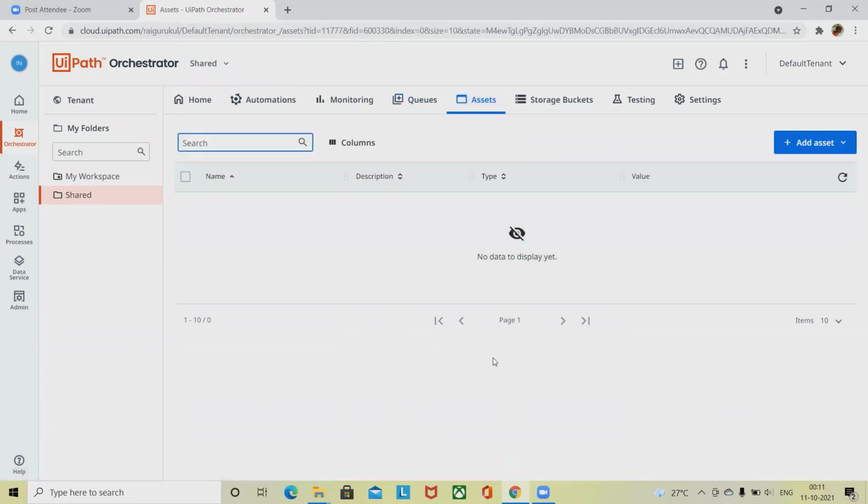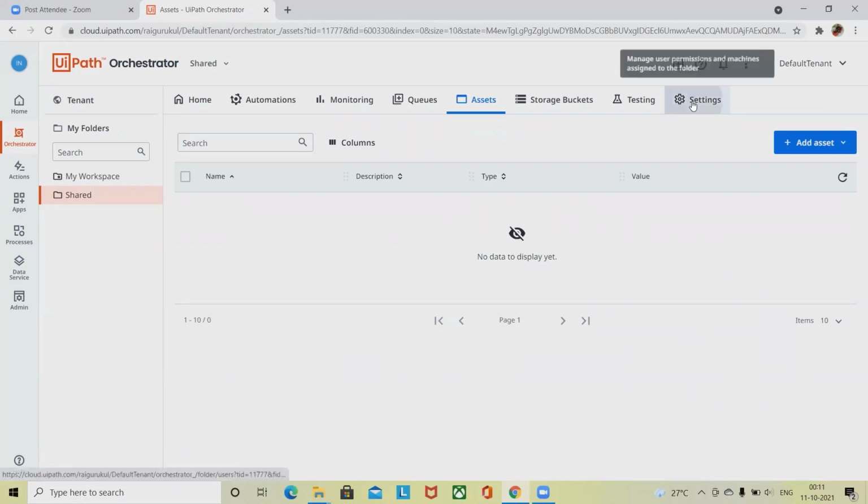Assets will let you add all of the asset-related information. These separate components I will cover in further parts of the video. So this is how we can use Orchestrator and add different components related to our UiPath Orchestrator needs.